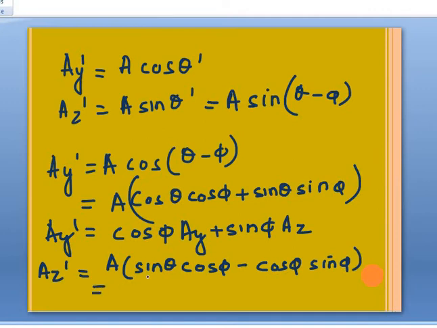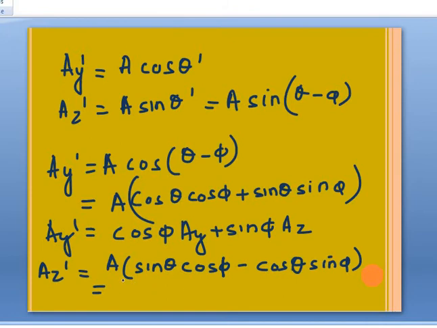So this will come out to be, what is a sin theta? A sin theta is az and a cos theta is ay, let us say. Sin theta cos phi, and so this will not be phi, this will be theta. So this will be cos theta sin phi. We can erase this also. Okay, now it is fine. Sin theta cos phi minus cos theta sin phi.